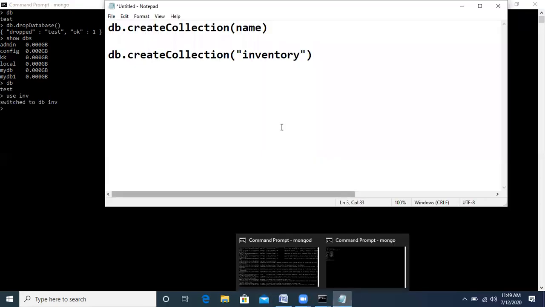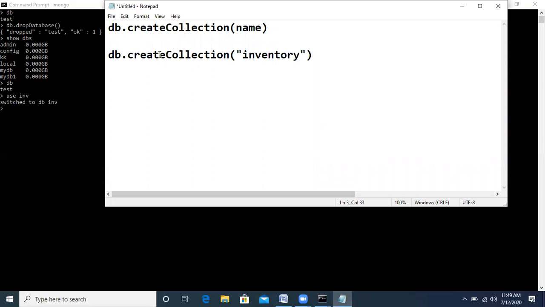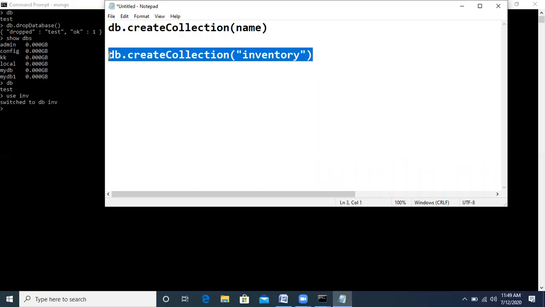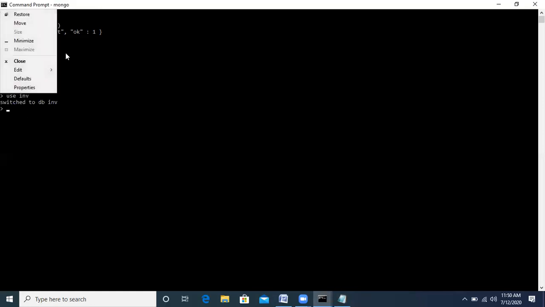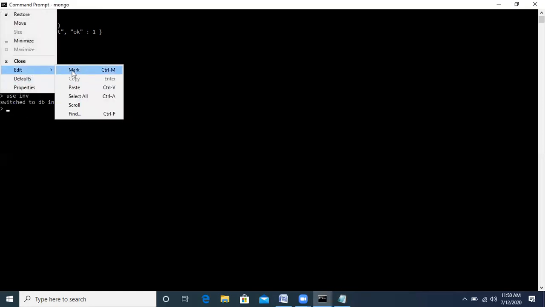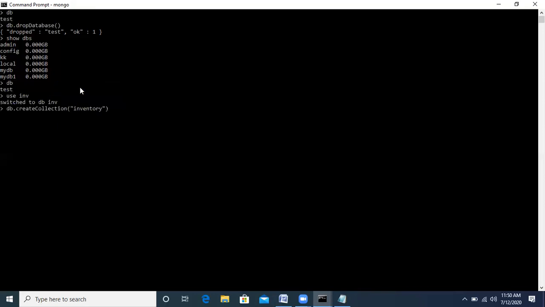So here we write the command db dot createCollection inventory. Let me copy it from here, and here sometimes Control V works and sometimes it doesn't, so you can paste like this. Now see, a collection named inventory has been created.